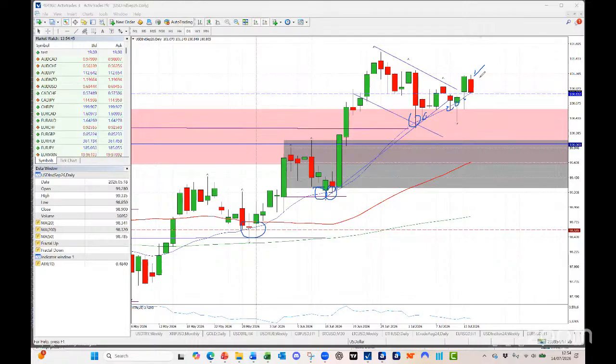As I said, I'll be interested to see what those CPI numbers are, and also what Vash has got to say during his testimony. So don't be surprised if it's a bit of a volatile session, but I still see that as dollar bullish. Okay, at the moment, that's my kind of view on it. We've had that little bit of a pullback, and I'm still seeing it as being a little bit bullish there dollar wise.